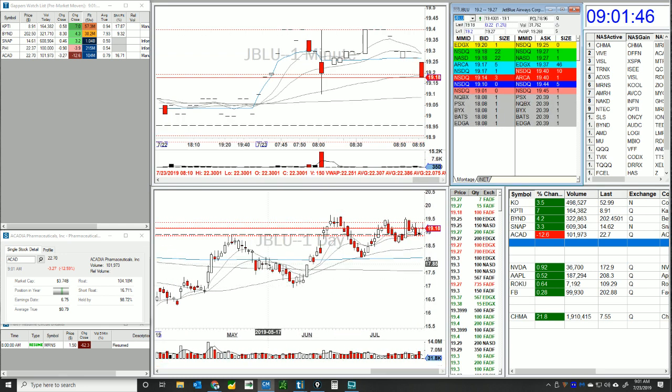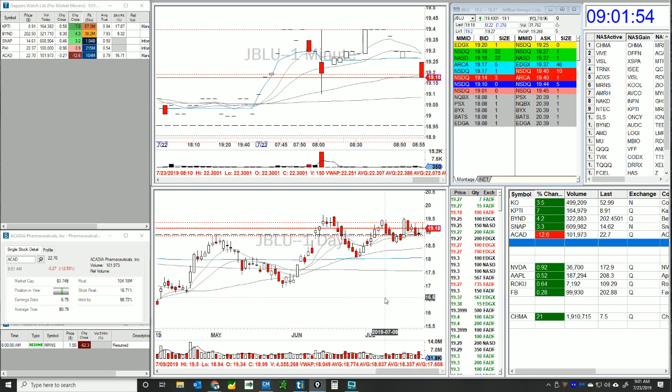JBUL at the moment has a nice daily. You can see here, nice wind up, kind of getting into a point here at 19.18. But again, guys, no volume at the moment, so this could be a good one to watch later on if it hits our scanners. We looked at Roku earlier today, so